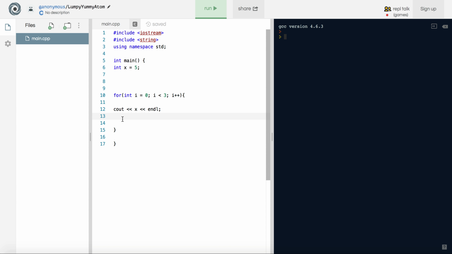Endl. And then I'm going to increment x, right? So what we're going to see is 5, 6, 7 when we print this out. Once this finally loads, yeah, 5, 6, 7. Okay, and so what we did,